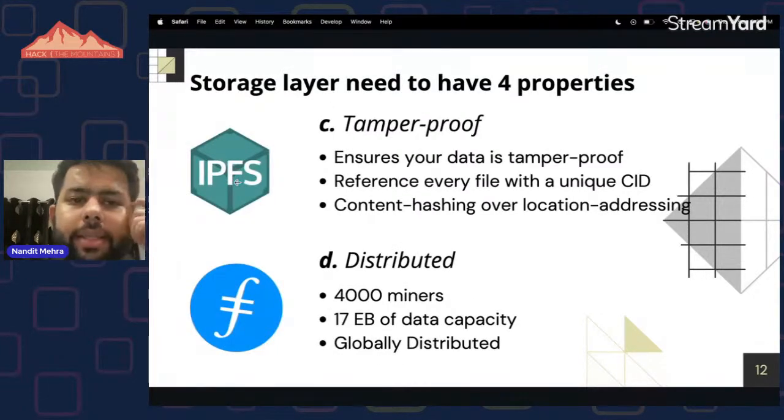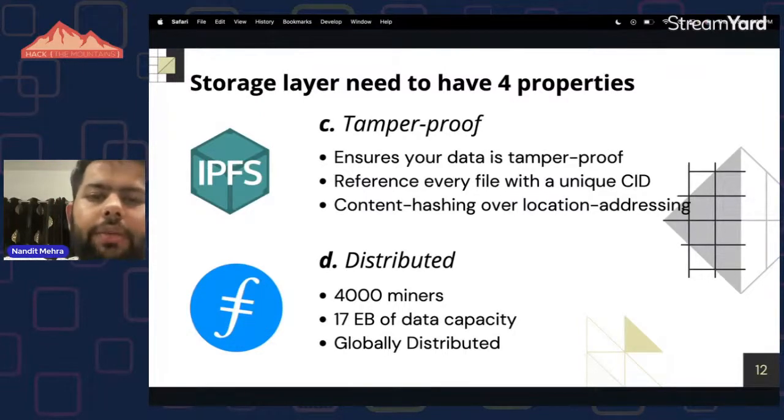And the third thing is, since we are built on top of IPFS and Filecoin, we extend the natural properties of them. So the first one is the tamper-proof nature. So you can be sure that even if you get your files 2 years, 3 years, or 4 years down the line, it will always be tamper-proof. You will always get the same file back without any issue of, oh, was this file changed? Even a bit of that file won't be changed. So it's totally tamper-proof.